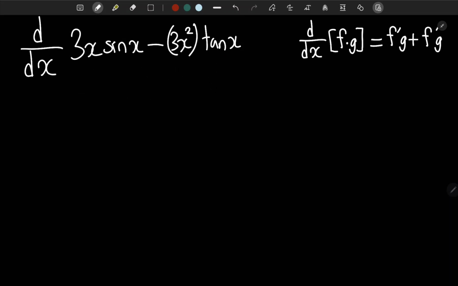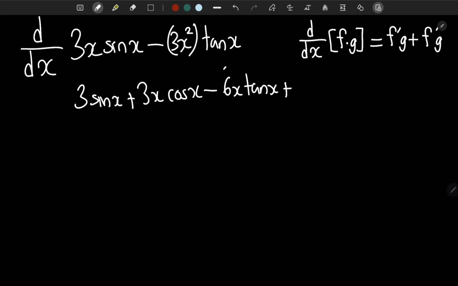So it's going to be f prime, which is going to be 3, and sine is going to stay the same, so sine x, plus f prime f g prime, so it's going to be 3x cosine, since the derivative of sine is cosine, minus, now let's move on to this part. So it's going to be f prime g, so 3x squared is going to become 6x, and tan is going to stay the same,